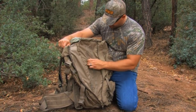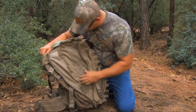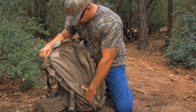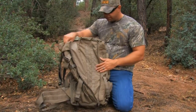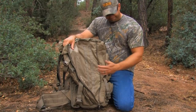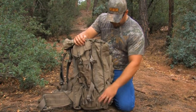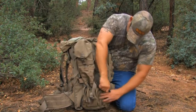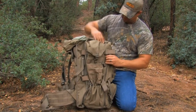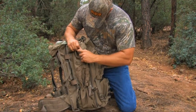These things are full of the molly webbing. Just imagine the possibilities of the things you could put in here. You could put a small chair in here if you wanted to. Tripods, trekking poles. You could put a small weapon in there if you wanted to, I'm sure. Food. So you got that space, and then on the outside,